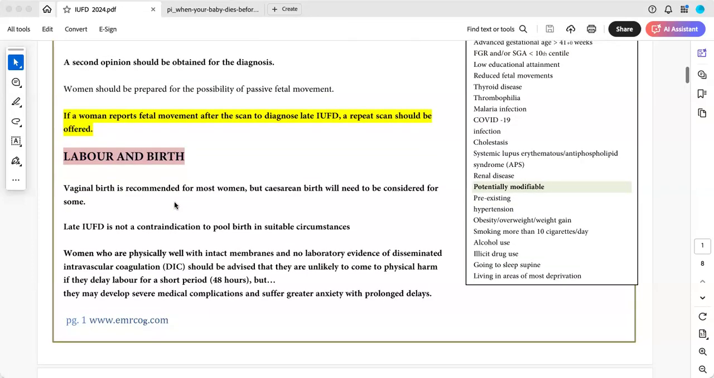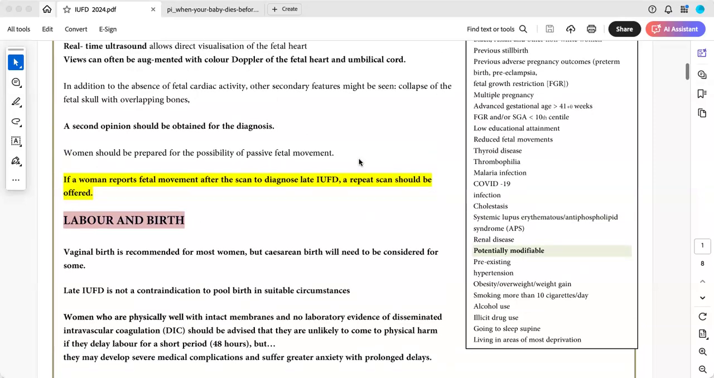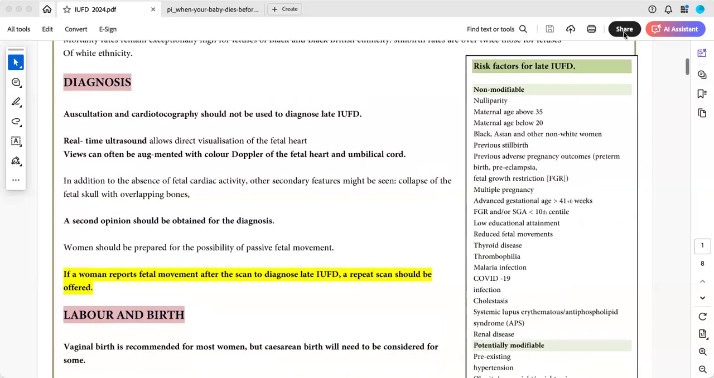If you look at the risk factors for late intrauterine fetal death, you will find that they have divided them into non-modifiable risk factors and potentially modifiable ones. The non-modifiable are risk factors that we can't change, right? But the potentially modifiable are those things that we can do something about. So, for example, the non-modifiable include nulliparity,